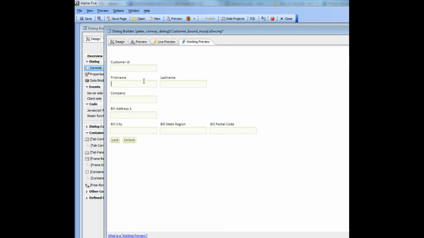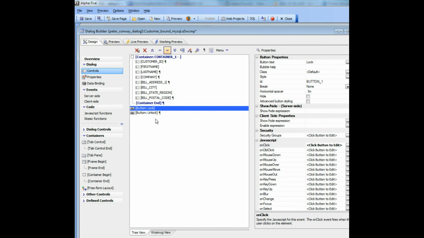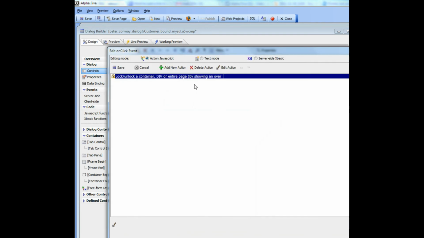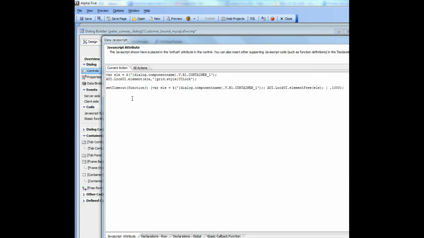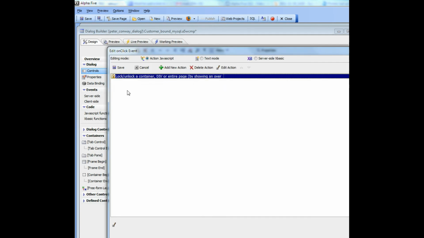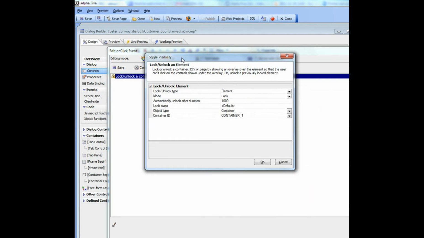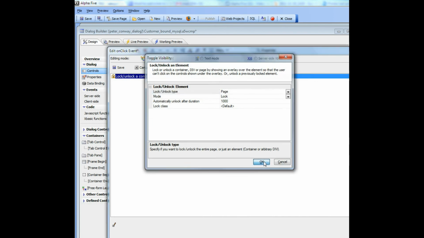So the real use of these actions here is not necessarily in buttons per se, but you might want to just view the JavaScript, see what code got generated, and then copy that code into some of your own actions that do Ajax callbacks. So if we now quickly change this from an element to a page, and then run it,